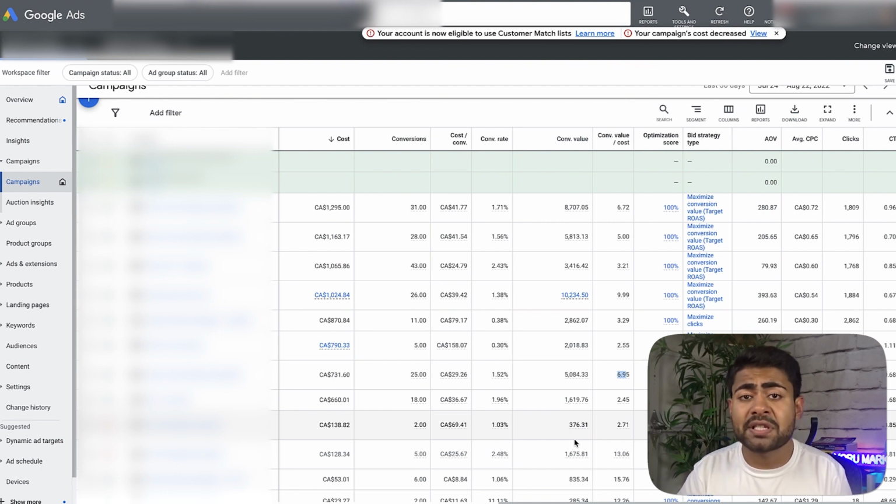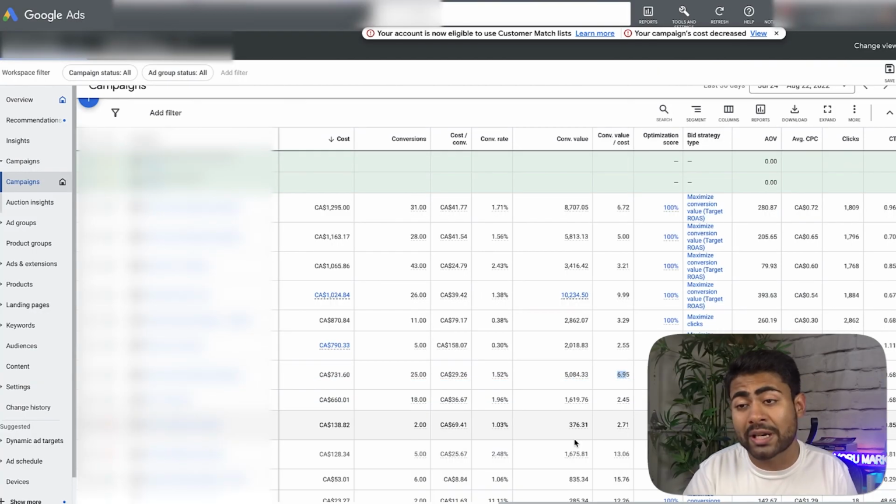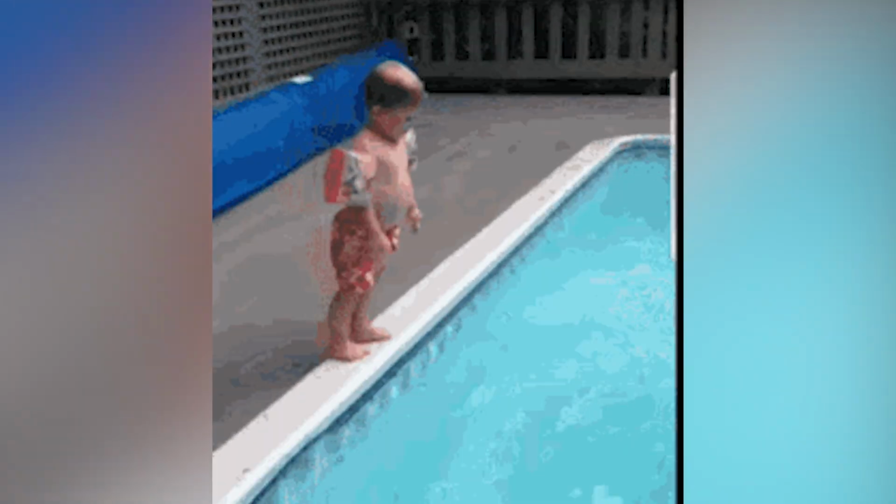Through all of these advertising tests that I have done with these different ad accounts, I have also come to understand one major thing, and that is what exactly ends up killing and destroying a Performance Max campaign. And you'll be surprised to know what some of these things are. Like I mentioned, I've spent so much money on PMax campaigns. I've also had the opportunity to run PMax campaigns which absolutely destroyed themselves and provided me little to no results. But exactly what makes a Performance Max campaign die in the long run, and more importantly, what should you not be doing so you don't mess up your entire performance for your